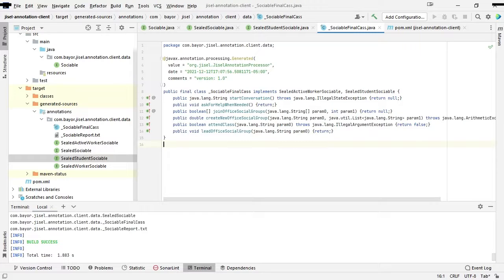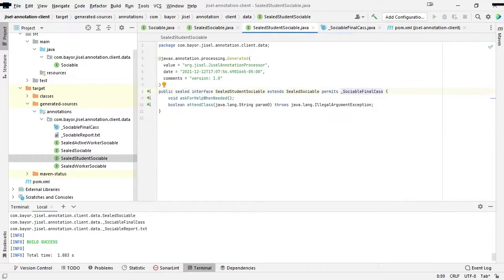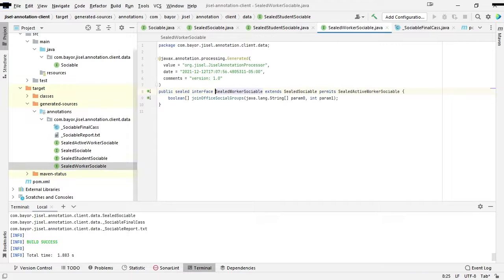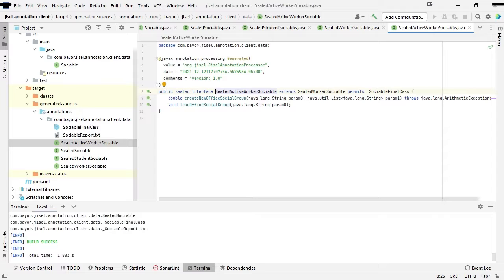So we just went through the sealed student sociable interface, and then you have the sealed worker, which extends sealed sociable and permits the sealed active worker sociable, as we saw in the hierarchy. And now the sealed active worker sociable, just like the sealed student, which is at the lowest level, will also permit the generated final class, so that we avoid compile errors.